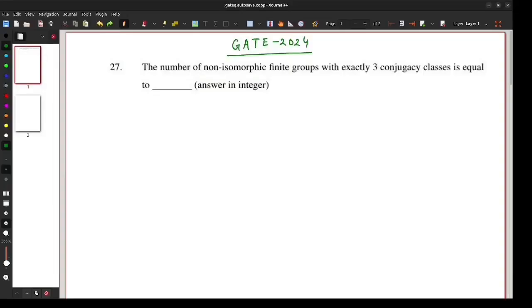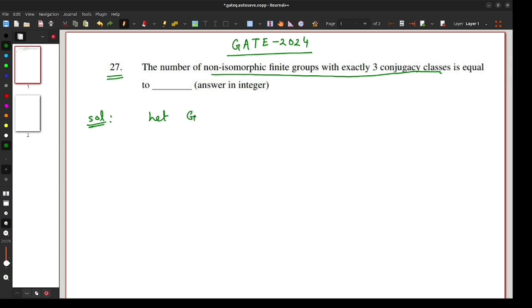Welcome everyone. This is question number 27 of GATE 2024. The question asks about the number of non-isomorphic finite groups with exactly 3 conjugacy classes. So we have to find the number of groups up to isomorphism. Solution: